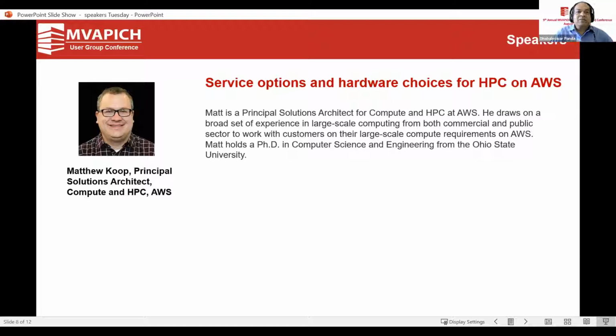So just like Jitin, he's also an alumni of the MVAPICH group. Interestingly, very similar to what I indicated about Jitin, Matt was involved in the very initial virtualization work in 2006. And if I remember correctly, at that time the adapter was QDR or something like that.